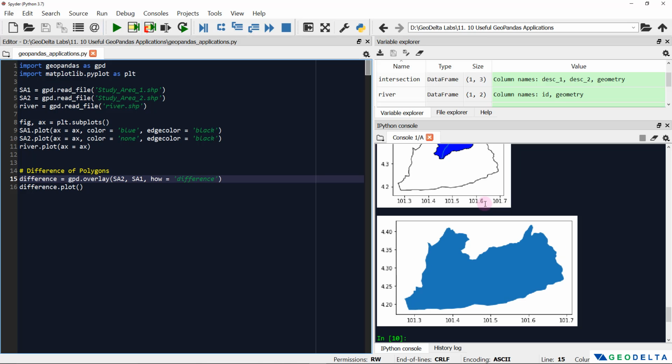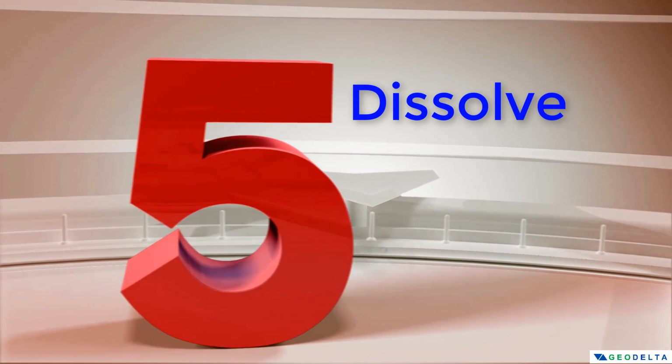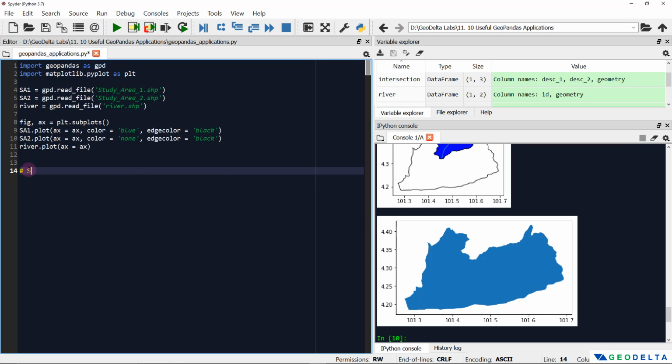Alright, now we'll move on to the 5th geoprocessing operation, and that's how to use the dissolve geoprocessing operation using GeoPandas. So I'm going to comment that one out. Alright, so what does it mean by dissolving a polygon? To explain this, I'm going to first create the union. Again,